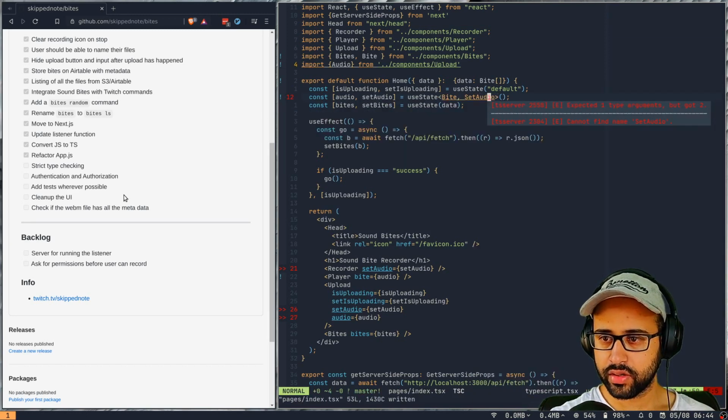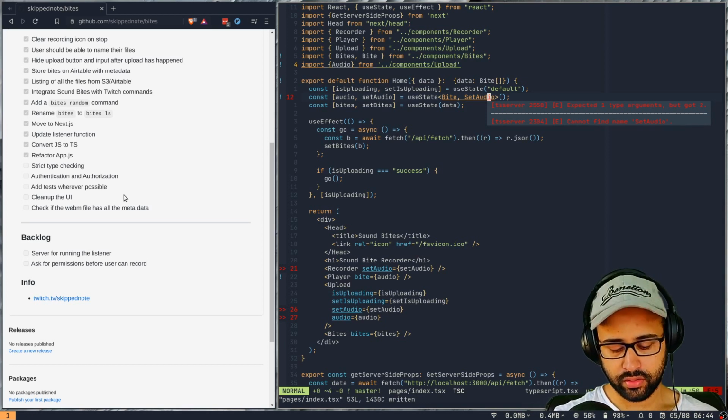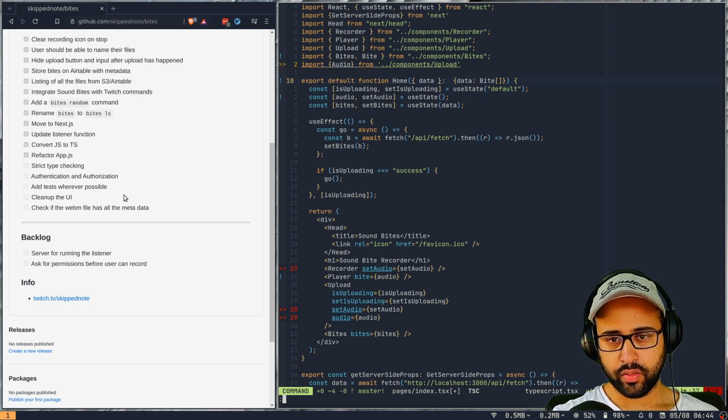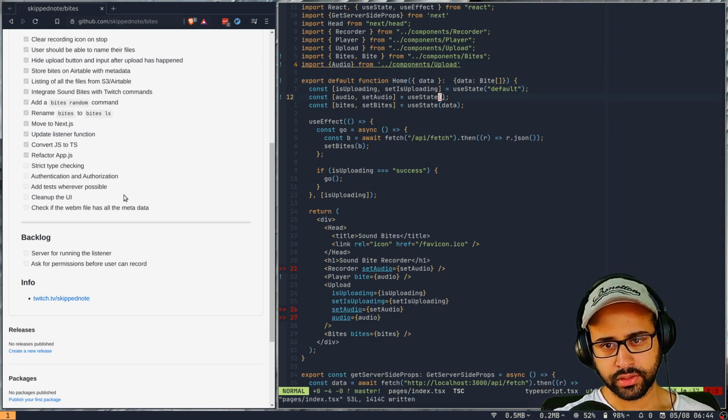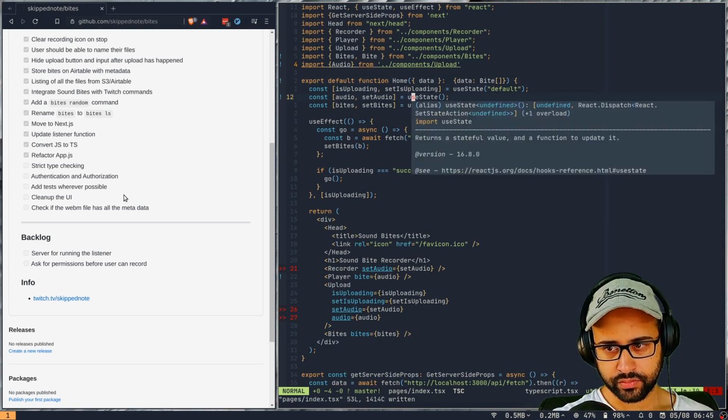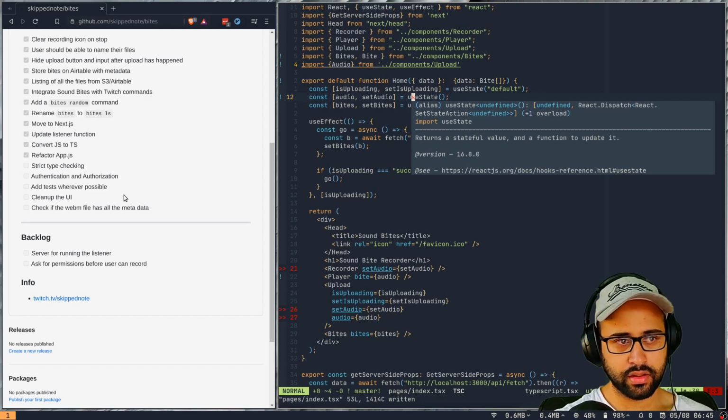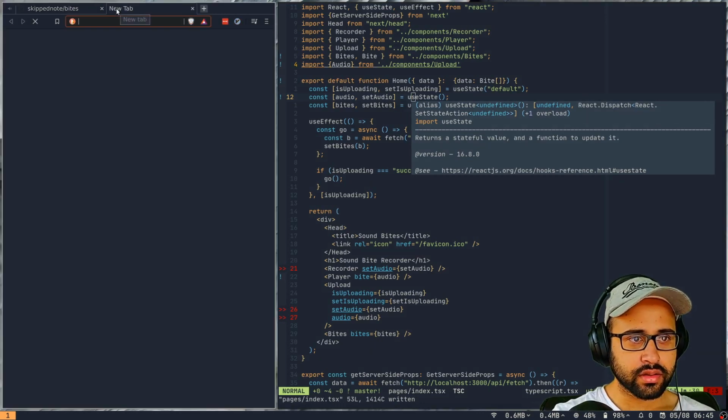Have we imported set audio somewhere? Oh, okay, it doesn't really take two parameters, so it just wants one. I'm not sure how it works with the setters. I have not really seen. So let's see.